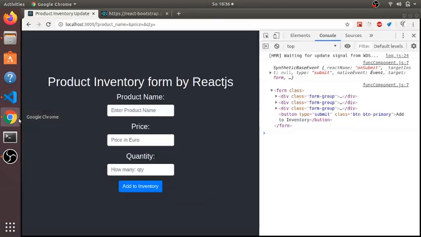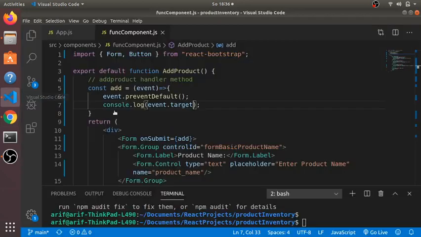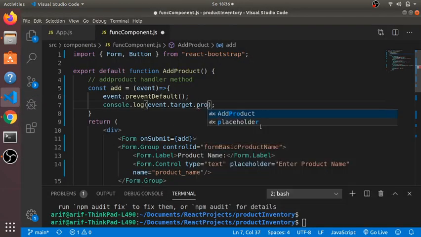Now from this form, maybe you need a specific data. So if I click here, maybe I need the product name. I need to actually take one attribute to see this one. There I have something called the name attribute, and the name of this input is called product name. So if I write dot product name, I'll see the value of this one. I'll not initially see the value, I'll just see the product name. Let's see this one. If I write target dot product name,